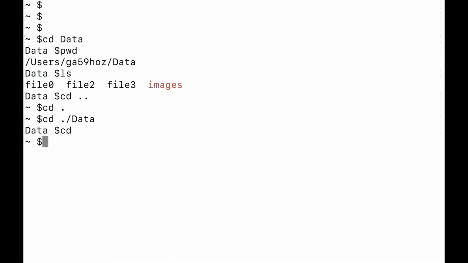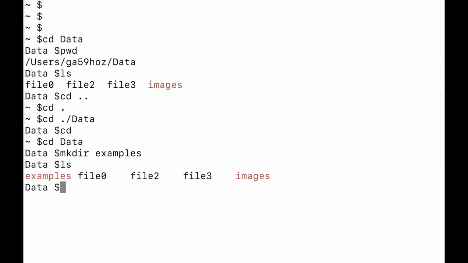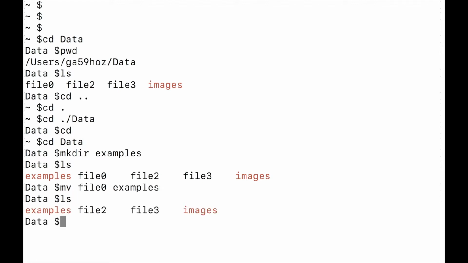Now let's move on to learn how to manipulate files. Let's go back to data and let's create a directory. We can create a directory with mkdir, and we call it examples. We can move files with mv. We move file 0 to the folder examples. Now, file 0 is in examples. If we go to examples,